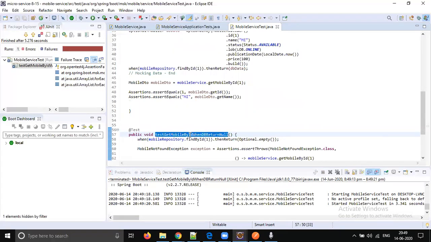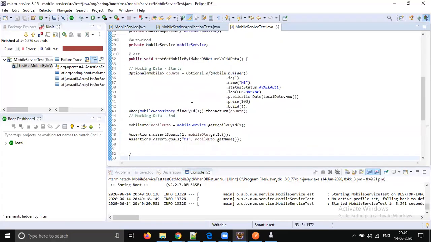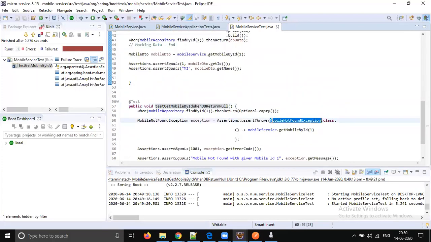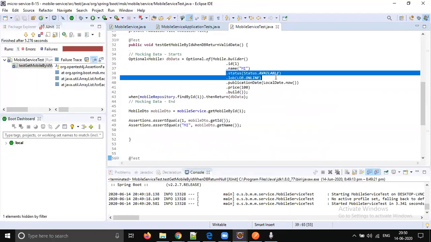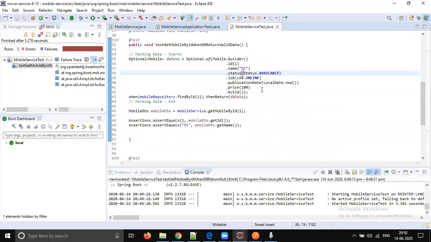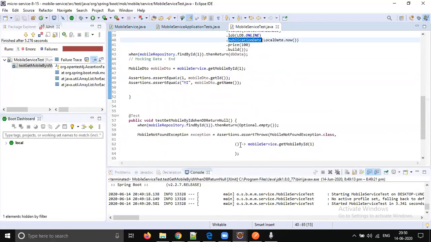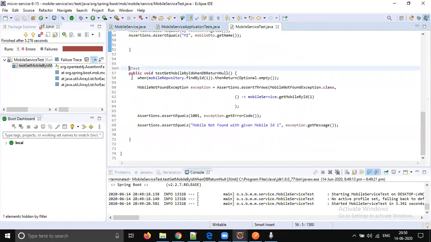Like this, you need to test a couple of other scenarios. For example, if status is null, you expect a null pointer exception because status is mandatory. If LOB is null, we expect a null pointer exception. If publication date is null, we expect a null pointer exception. Like that, you need to write a couple of unit test cases.